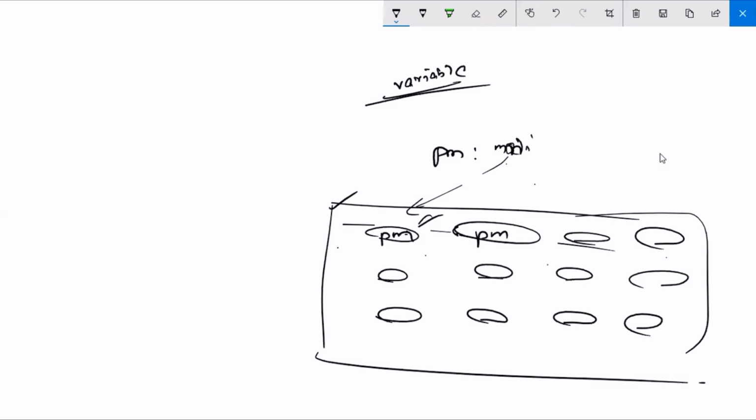Understood? After 5 years, instead of changing every place, I simply change the value here to XYZ. If I rerun this, the PM will be replaced with XYZ. Instead of hard coding, we are giving a variable, so you need not change every place, just here. This is a variable. A variable is a memory location that stores some value.